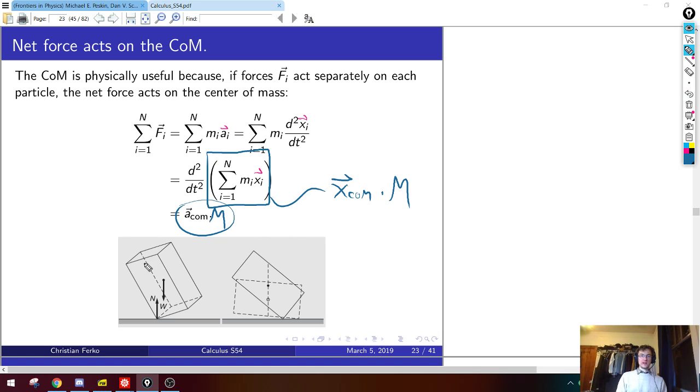So why is this useful? If you have some system that's going to do some complicated motion, like for instance, you take a box like this and you tilt it about one axis and ask how far you have to tilt it before it starts to fall over. Naively, this seems pretty complicated because you have gravity acting on all of these different parts of the box separately. When it actually falls, you're going to have some complicated tumbling, some rotational motion, which might be complicated to explain.